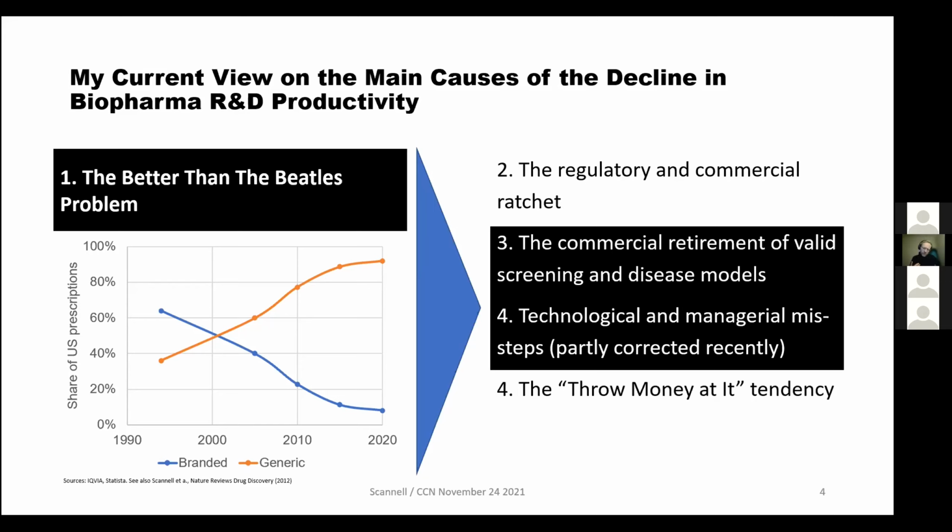And then also for much of the history of the drug industry, although not recently, it made sense to throw money at problems, and that dragged down productivity over time, right? But it's the problems in black 3 and 4 that I'm going to focus on through most of the rest of the talk and how they may be addressed. And so